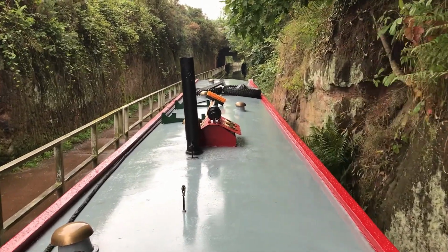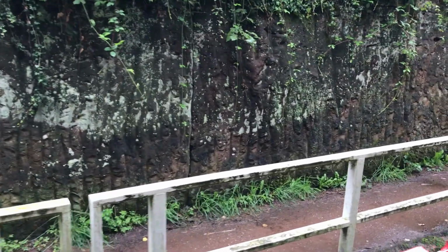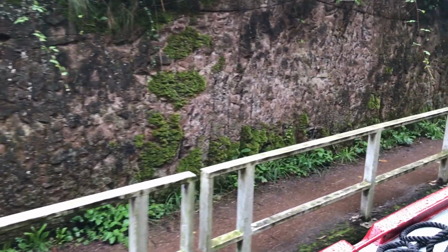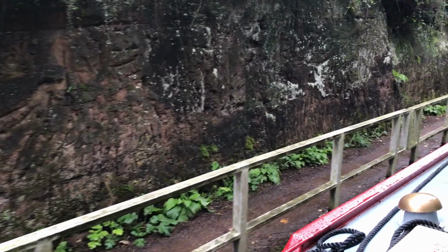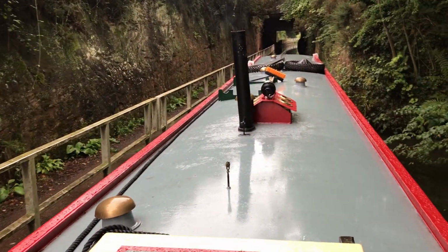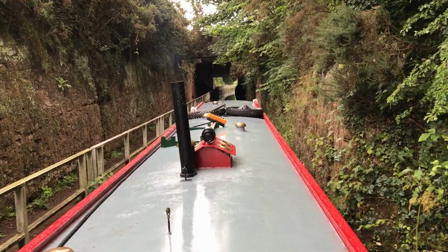And going back to an earlier vlog, this tunnel originally would have been dug out with pick and shovel and wedges, and again you can see all the working marks on the wall as you come through, where they'd have chiselled and picked and wedged. I don't know if they'd have blasted. I don't think they'd have blasted. It's probably too early for dynamite, maybe. I don't know. I don't know when dynamite was invented. Anyway, either way,